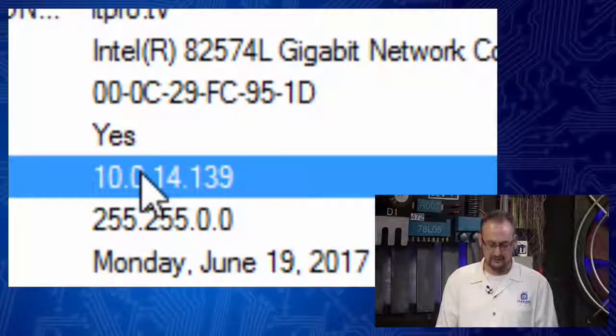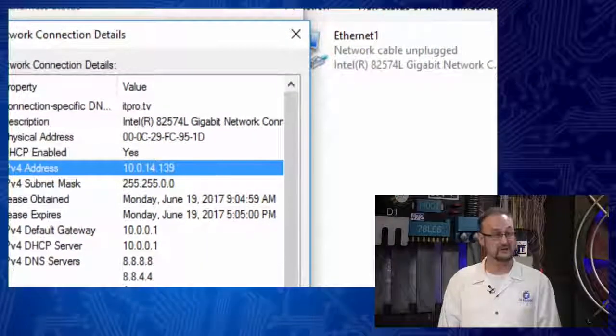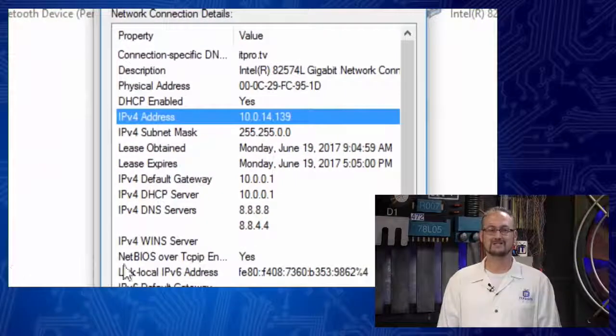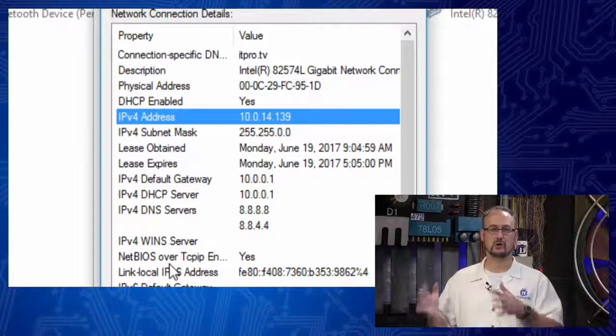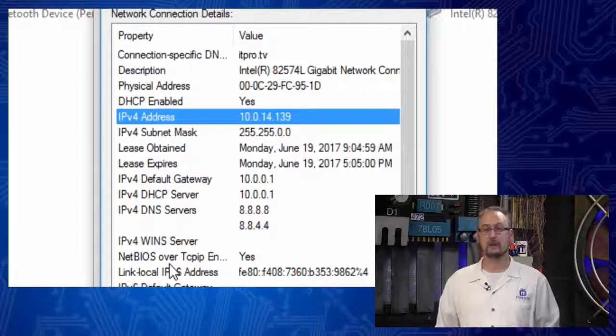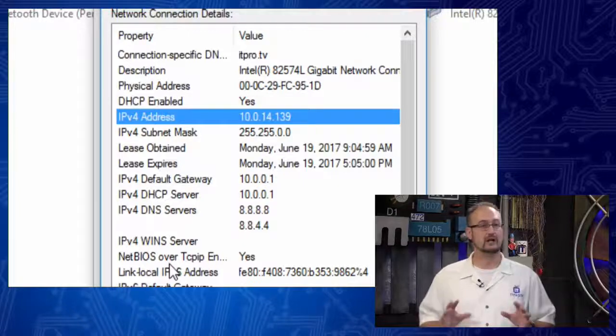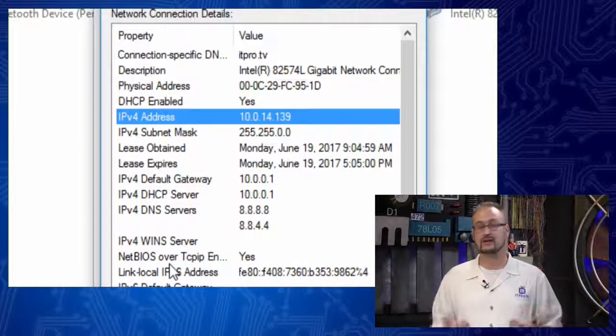Now, if you think about it, a 32-bit binary number isn't very user-friendly. The reason being, imagine if you had to connect or communicate with a computer and you had to know 32 individual ones and zeros. I tell you what, I can barely remember my own phone number, let alone 32 ones and zeros. At the basic level, that's why this is denoted this way, because decimal notation is a lot easier for us because, if you think about it, it's what we deal with on a daily basis.